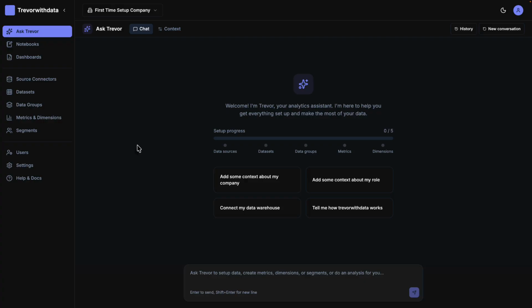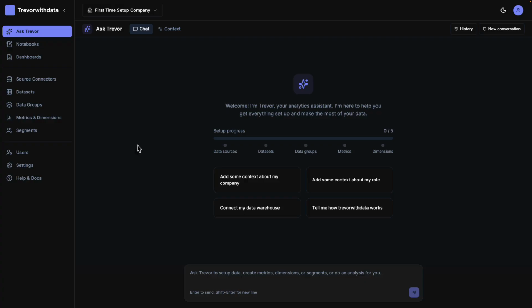to this moment where we can actually put AI on top of all of that stuff so that a user can do what they need to do very simply, very conversationally, and the AI can kind of handle all of the complexity for you. So I'm excited to show you what I'm calling Ask Trevor, probably the worst named AI assistant of all time, but it's Trevor with data, so I figured you can ask Trevor what you want to